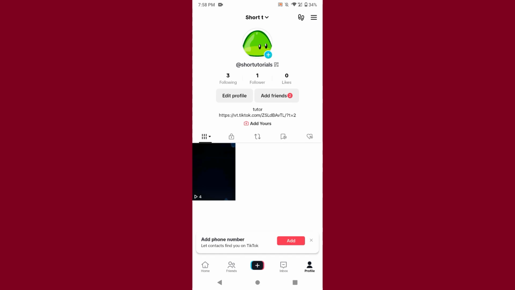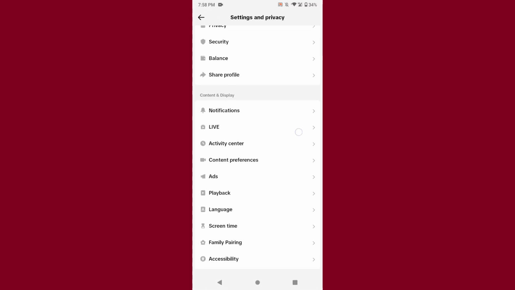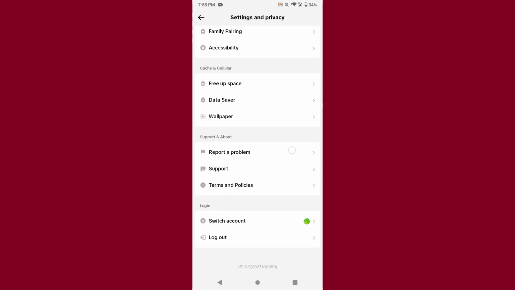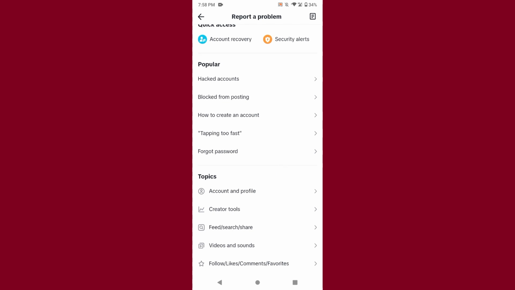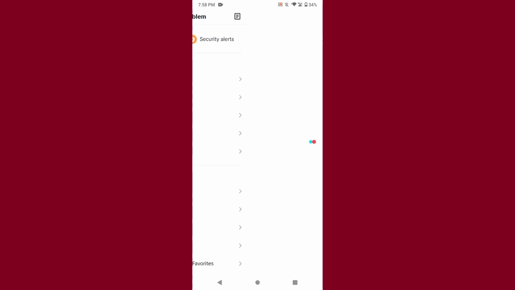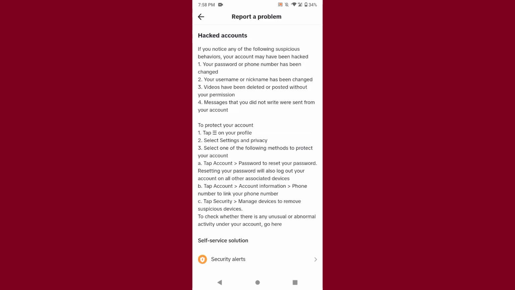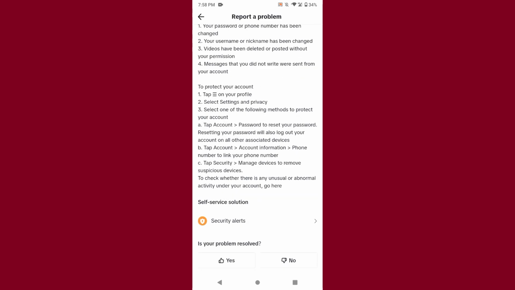to click on the three lines at the top right, then go to Settings from here. Once you do it, simply scroll up and search for Support or Report a problem. I simply go for Report a problem. Once you do it, multiple options will appear here, so you have to select an option like account hacked. Just tap on it, and here you have to write your problem like by clicking on the